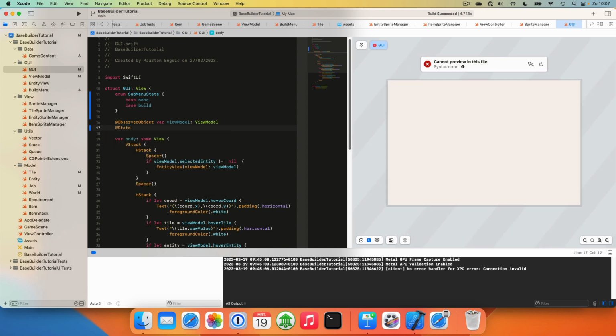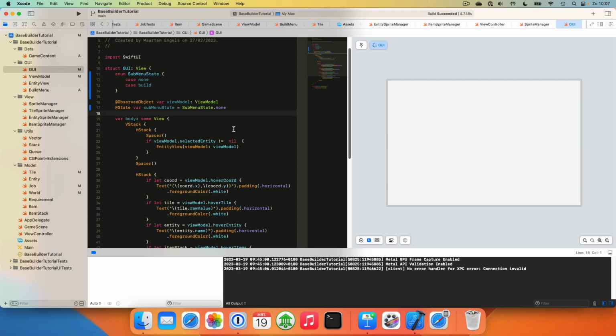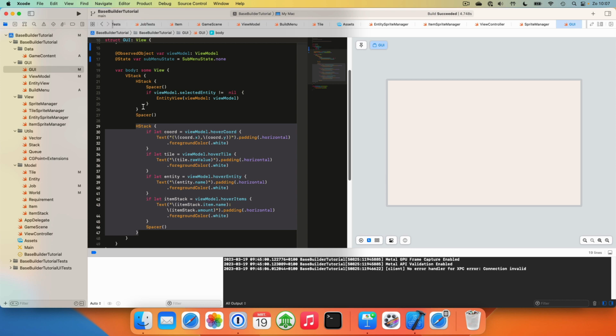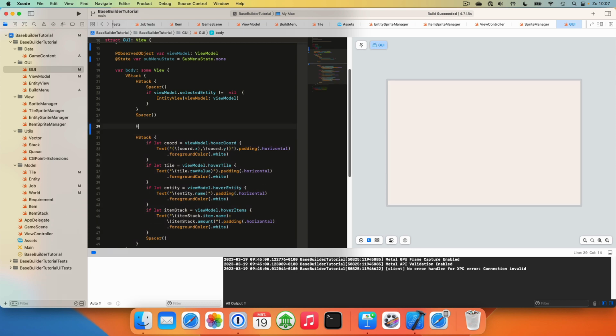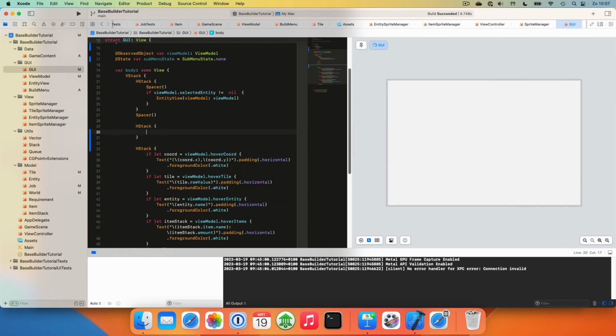So we'll create a state, submenu state, and this will be a submenu state, and we will default to none. Then we have our selected entity, our spacer, and we have our sort of bottom status bar here. On top of this one we will create a new H tag, and this one will have a button, and the action will be